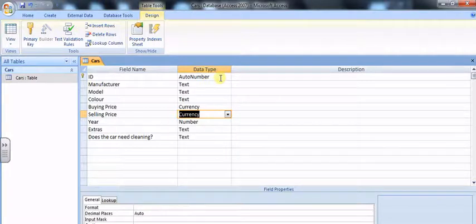ID has been set to auto number, so that when we create a new record, this will auto populate. Okay, I'm going to show you what I mean by that now. Now we could change